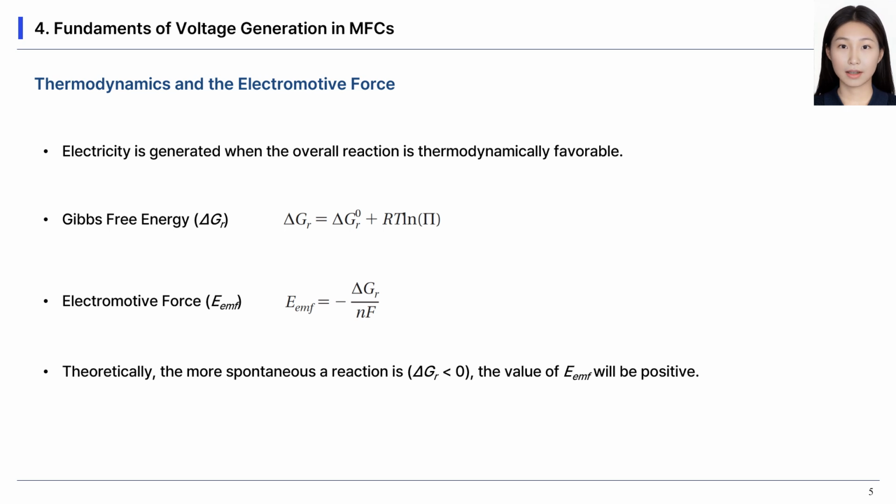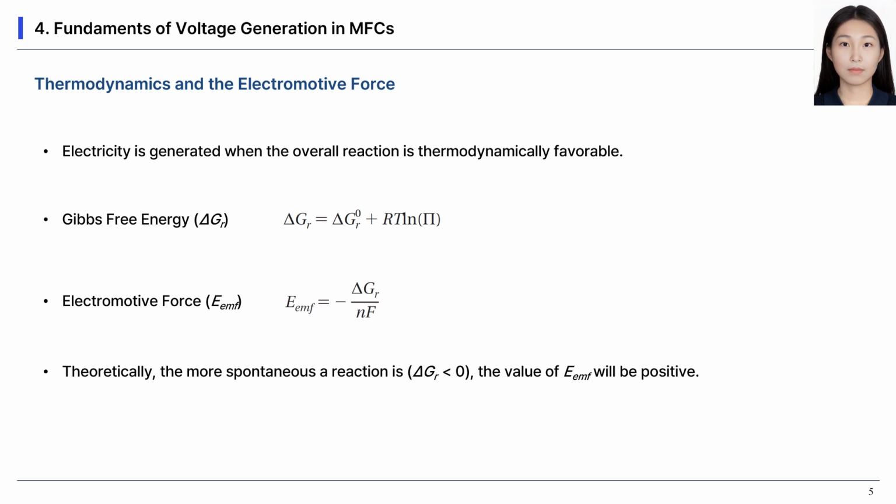It is calculated based on the standard Gibbs free energy of the reaction and depends on factors like temperature, pressure, and the concentration of reactants and products. For practical purposes, the relationship between Gibbs free energy and the EMF can be expressed as a formula. It shows that the EMF is directly proportional to the number of electrons transferred in the reaction and the energy